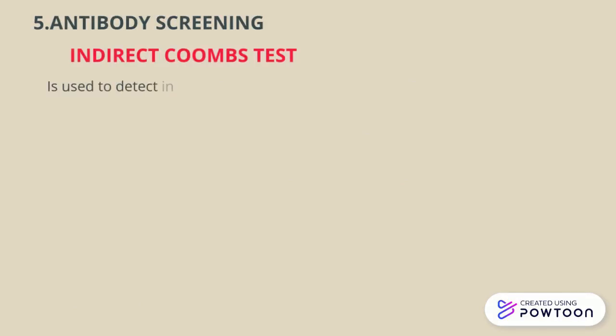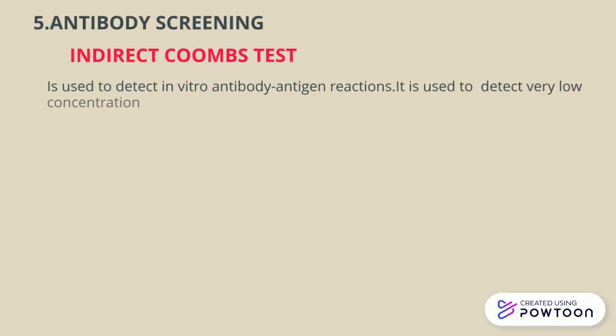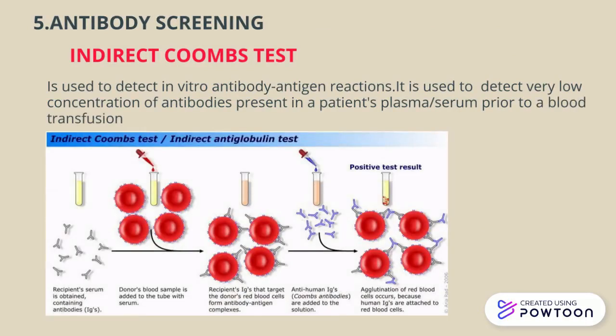Here we perform an important test which we call the indirect Coombs test. This is used to detect in vitro antibody-antigen reactions. It is used to detect very low concentrations of antibodies present in a patient's plasma or serum prior to a blood transfusion. If you look at this diagram, I think we can have a clear understanding. Here it says recipient serum is obtained containing antibodies and a donor's blood red